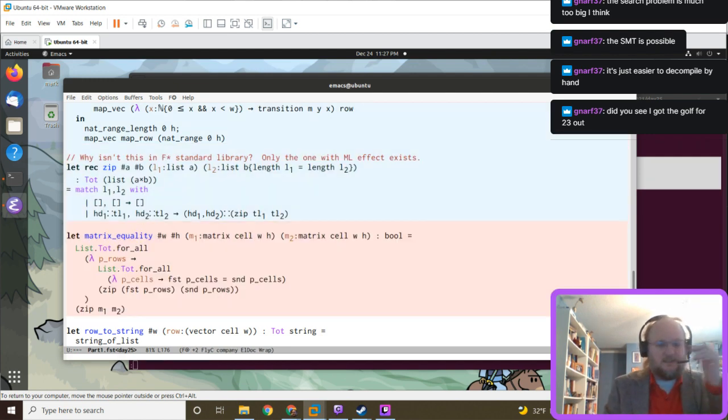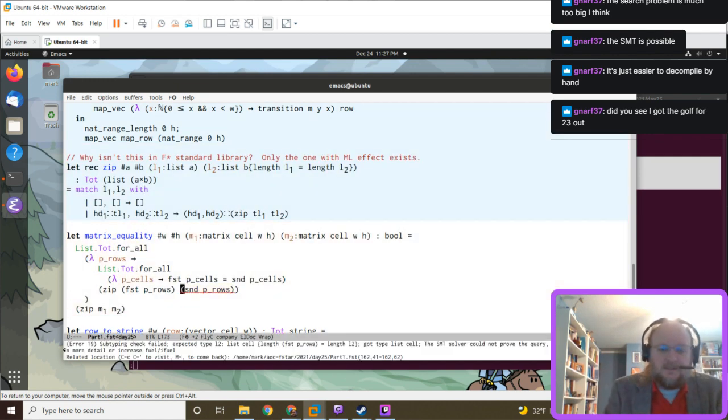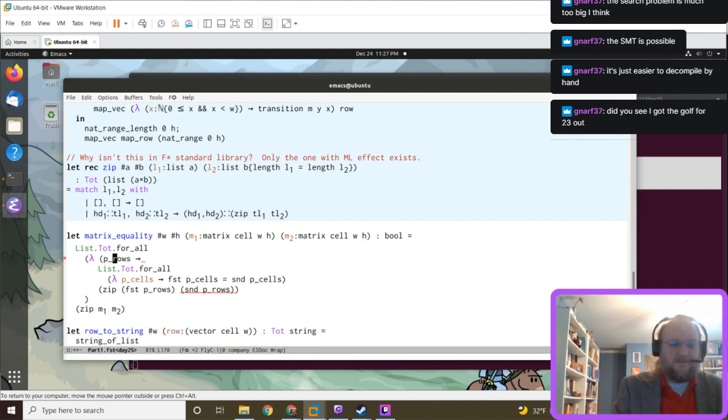It's a nice little. All right, we have to be more specific about the type. This is a list of cell of list of cell. Oh, it's a pair.